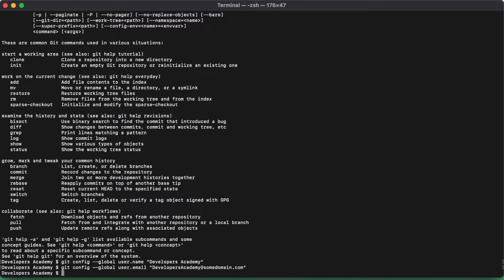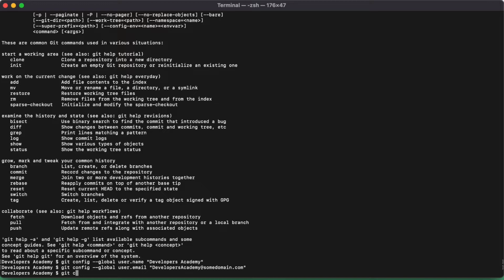By this, someone can recognize who has committed the changes and can contact you on this email if they want to discuss something. After setting the username and email, we can check if the name and email are set or not.